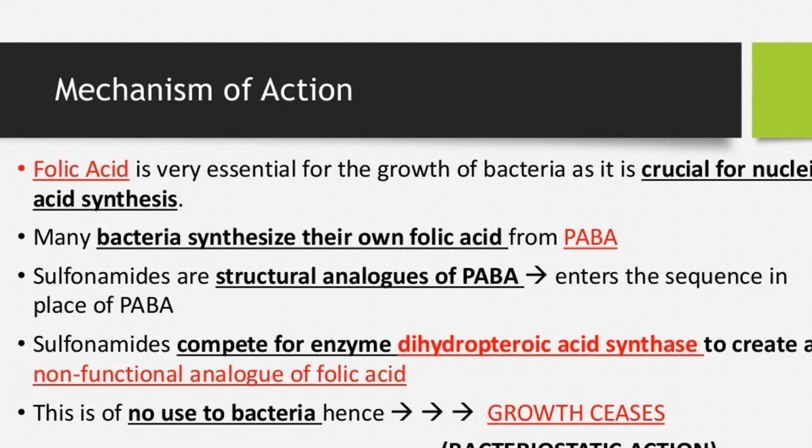So sulfonamide derivatives enter the sequence in place of PABA, and also decrease dihydropteroic acid synthesis. So it mainly affects the nucleic acid cycle and decreases the growth of bacteria, and is also known as